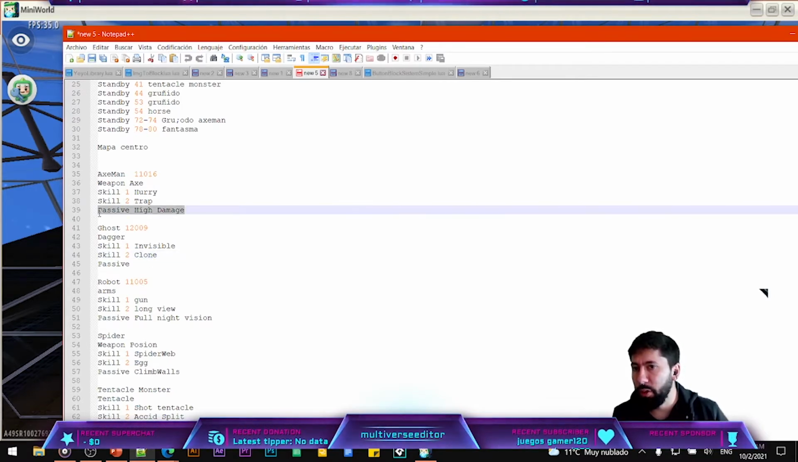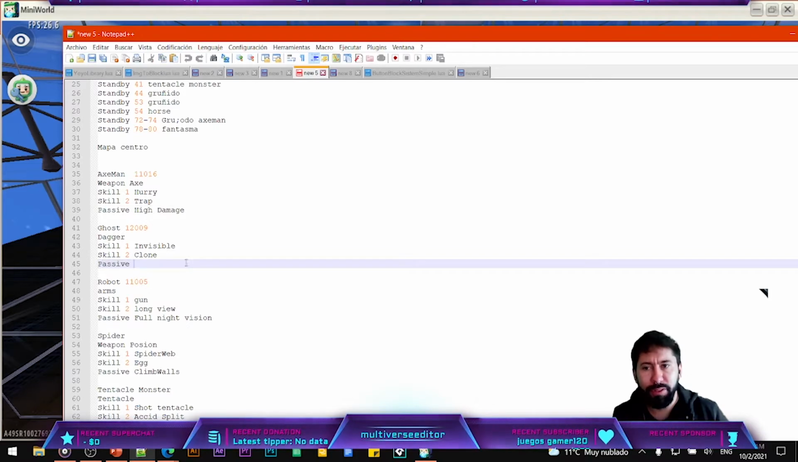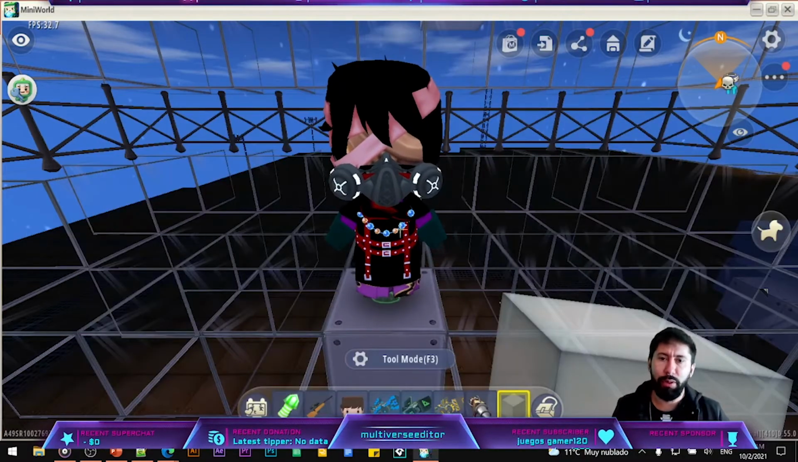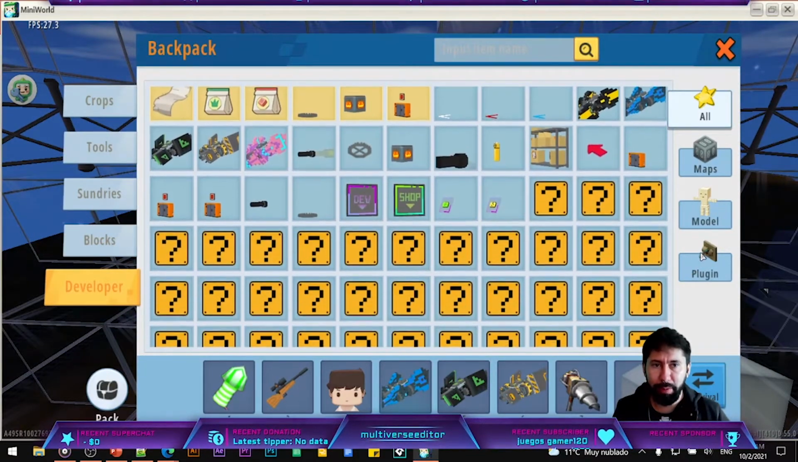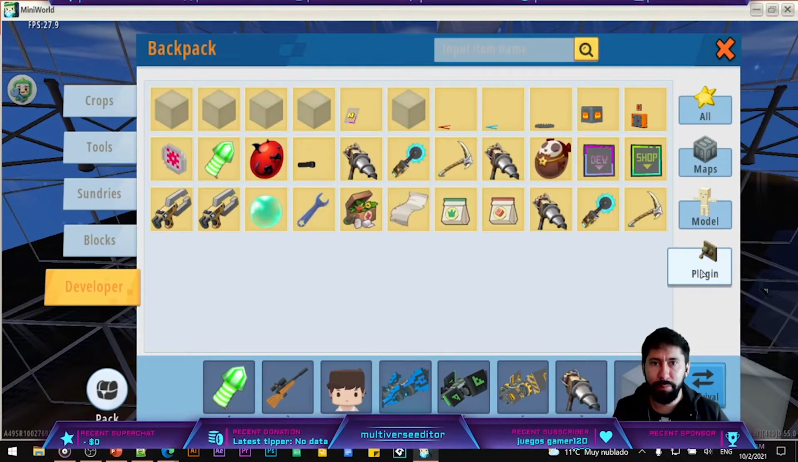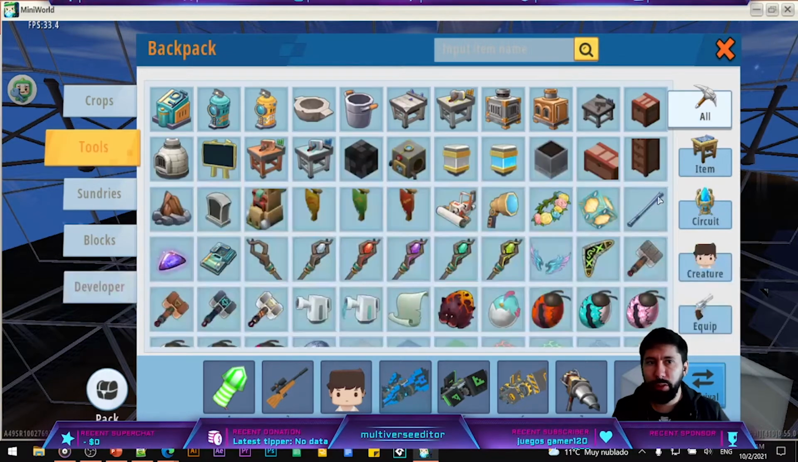Also, I place some passive skills for some monsters. So this one is a little bit faster than the other monsters, okay? So let me show you the ghost here. You will be able to see the design for this monster. And please also notice that